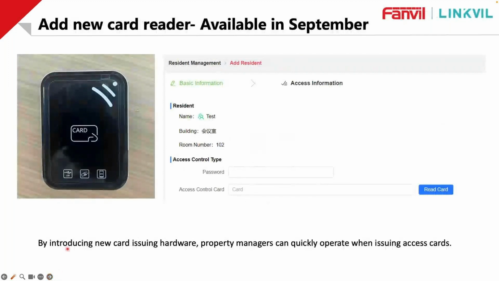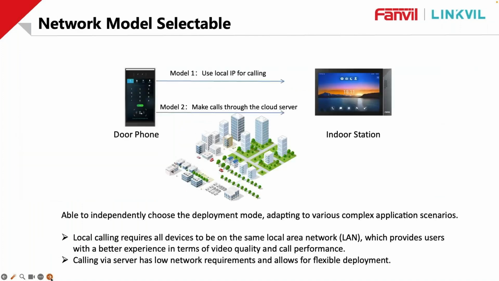a new card reader available in the next month. Okay, I mean, in September there will be that feature, the option of a new card reader. By introducing new card-using hardware, property managers can quickly operate when using access cards. Okay, it's another feature. Network mode selectable, okay,